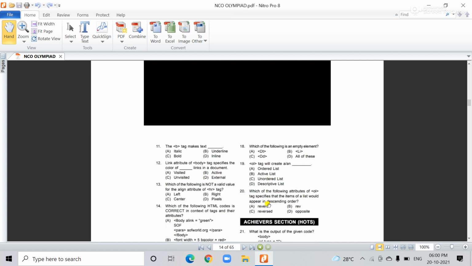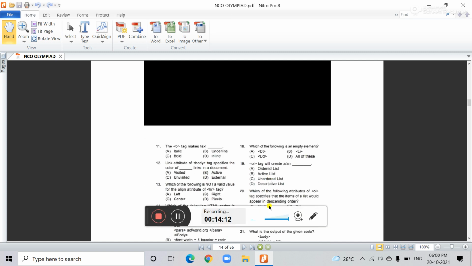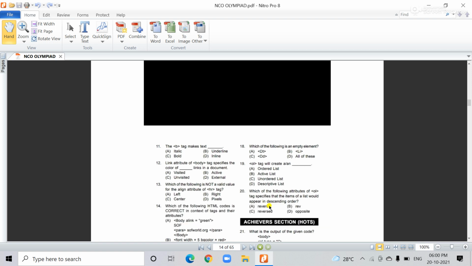After this, I am going to discuss the 11th question. The 11th question is: the B tag makes text dash. The B tag is used for strong or bold text, as we already discussed above.